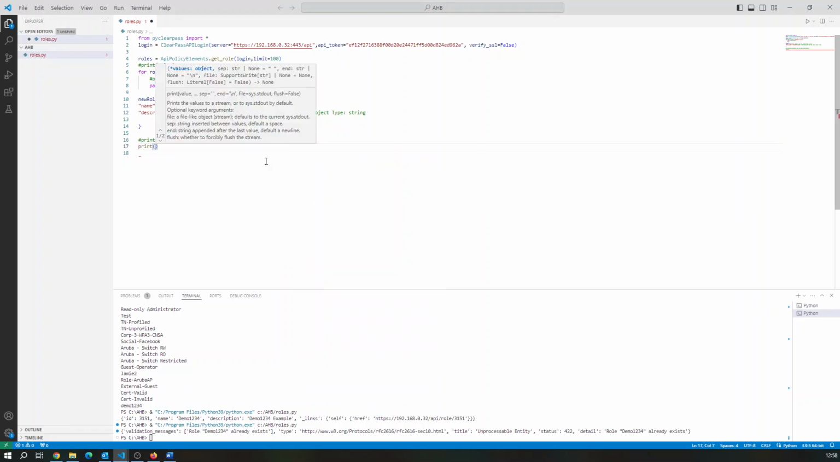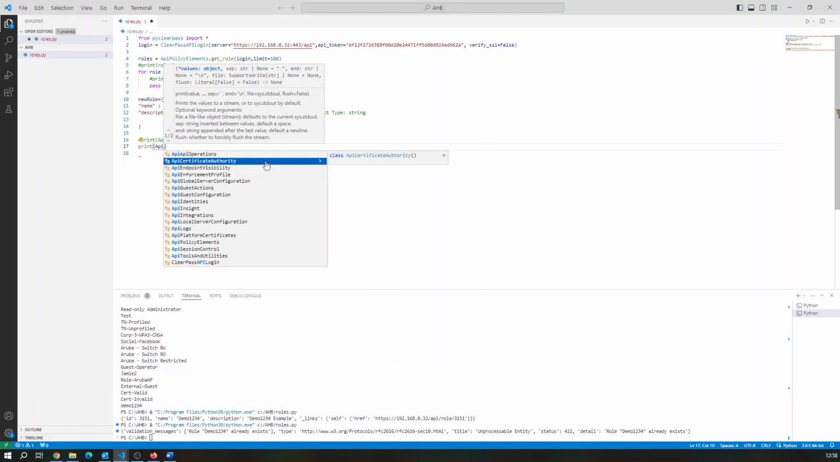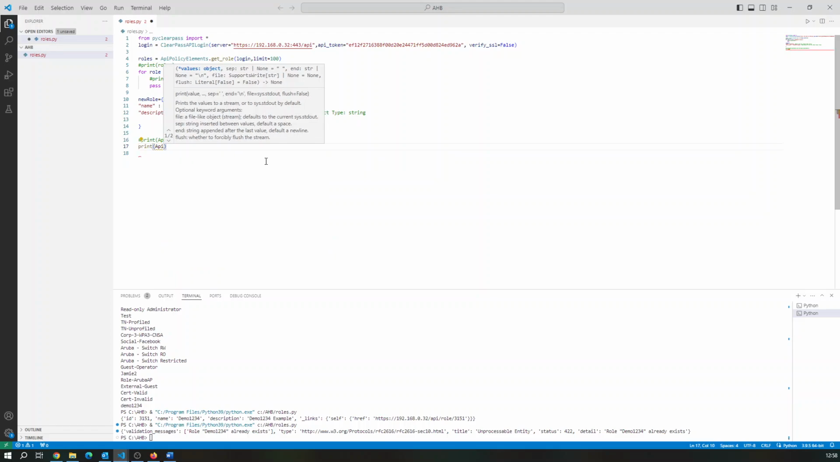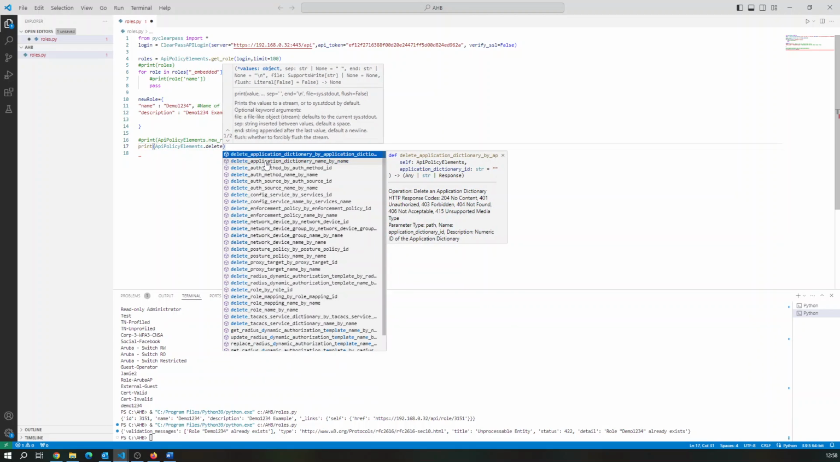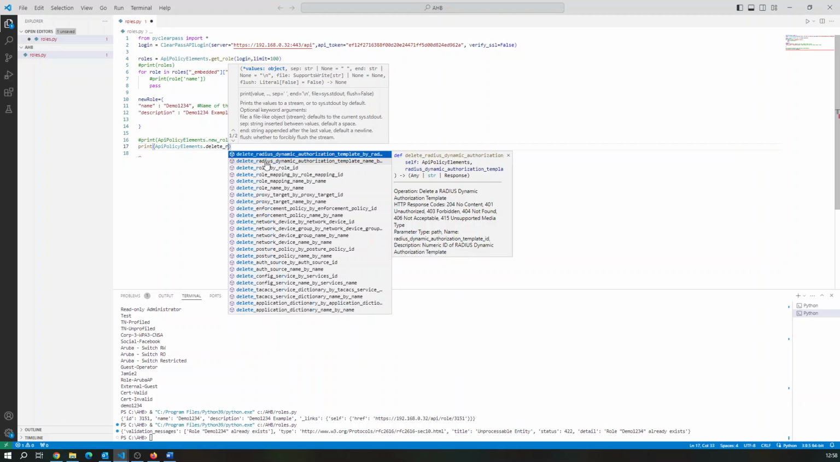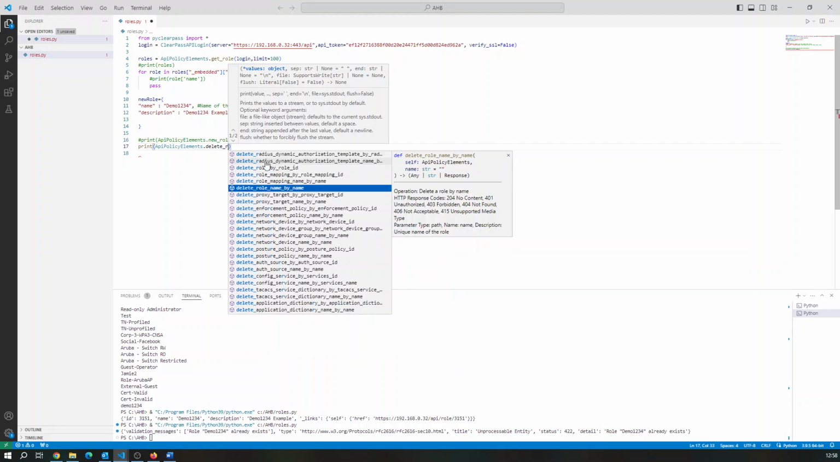So we'll just print to the screen. We'll call API policy elements again. And if I just go on that, API policy elements, do a full stop at the end, and we're going to do delete. And we want to do a role, and we want to do it by name, delete it by name. And we can see this time it's got a path parameter, and it requires a name. So okay, so we can just